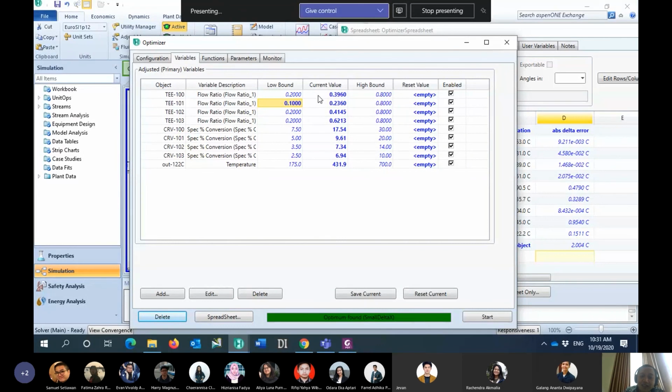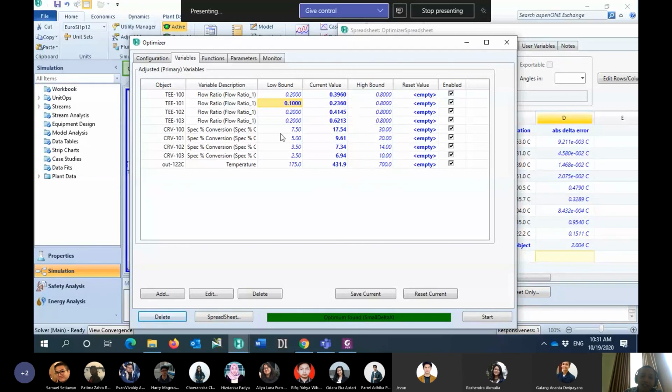The second one should be 0.23, the third one 0.41, and the last one 0.62. So my prediction was sometimes correct, sometimes not. But at the end, after the optimization, HYSYS recalculated these values and gave the correct split ratio.